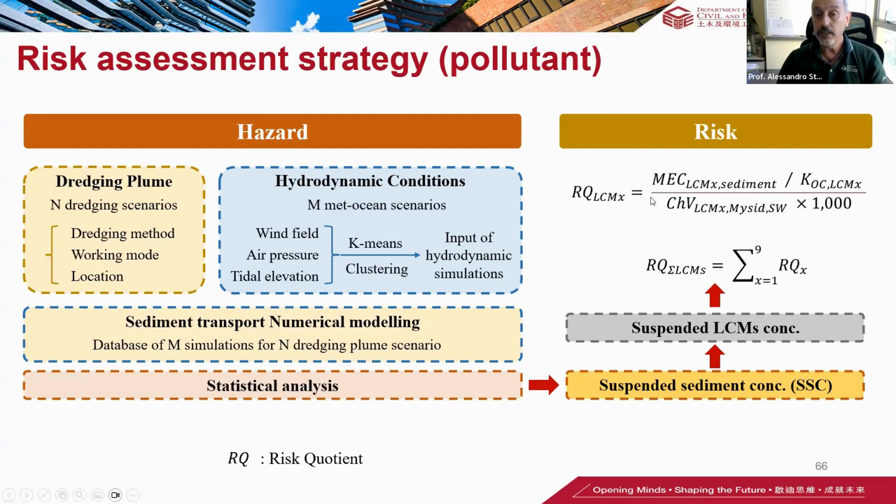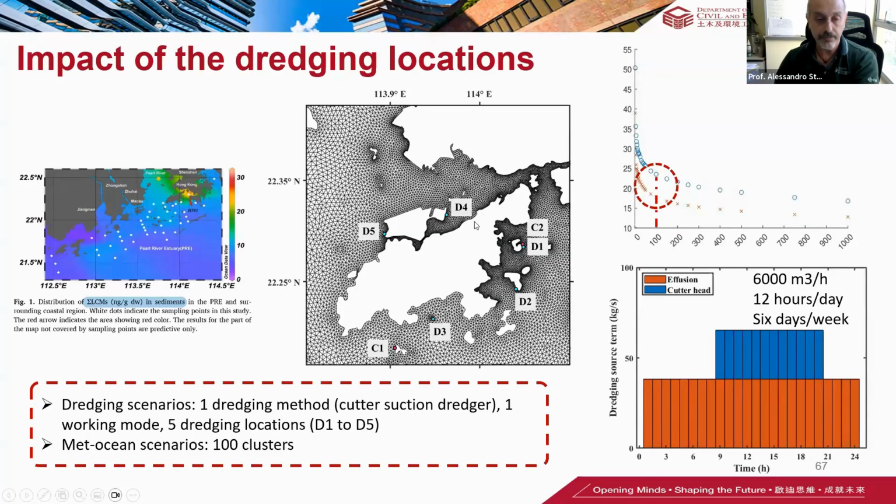The risk is the risk quotient, RQ, which is provided specifically for every pollutant. So in this case, just the presence of this polluted sediment is a risk, so we didn't enter into the vulnerability analysis. If you do this, of course, we tested, for example, different locations of dredging around Lantau Island and different dumping